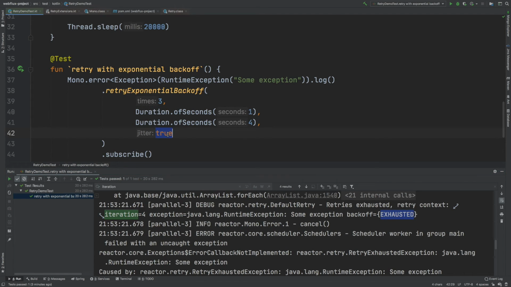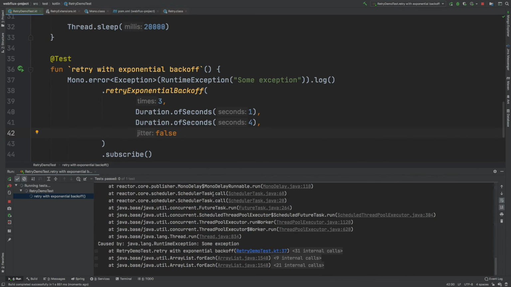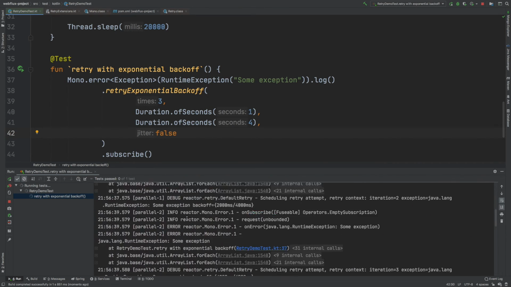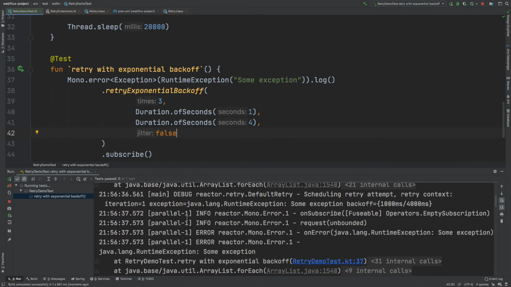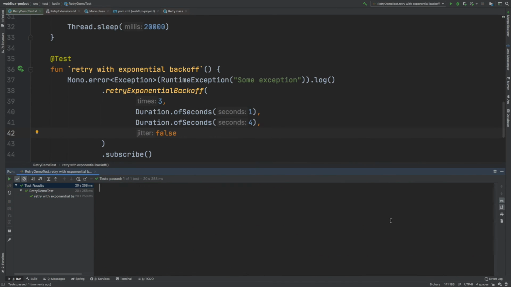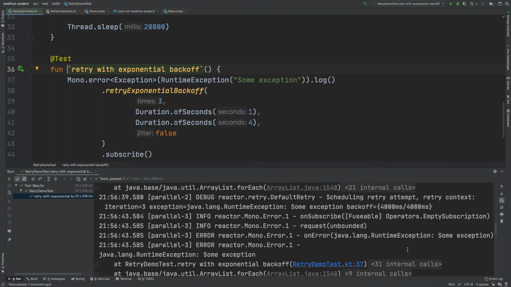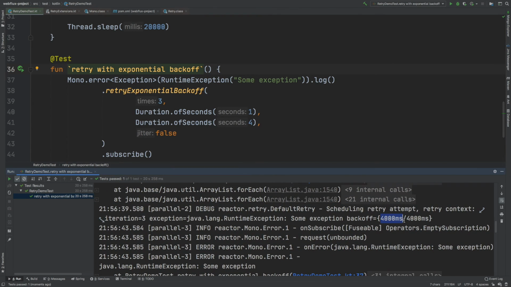One more thing you can see is if we pass this as false. So let's rerun this example. Here, in case of jitter as false, if you see the backoff, it executes just after 1 second, and then executes just after 2 seconds. It is not adding any randomness in between different retries. If you see, the last one happened at exactly 4 seconds. So that means it does not have any jitter factor, which means it does not have any randomness in calculating the next retry execution time.